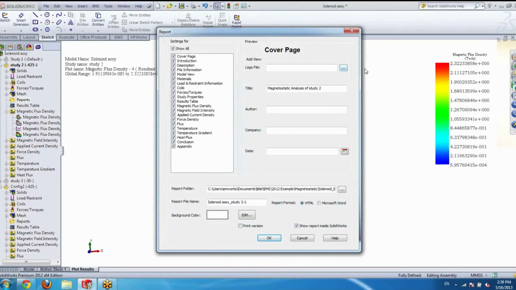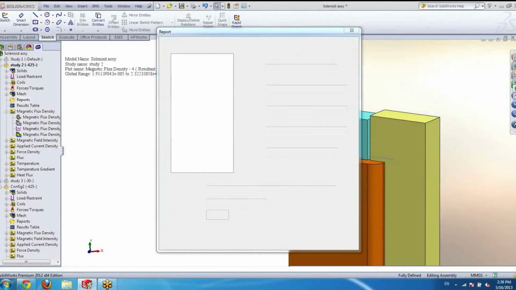So you decide which section you want to include, which section you want to leave out. You can upload the company logo, put the date, the author name, the company, choose the format, HTML or Microsoft Word. And when you hit OK,